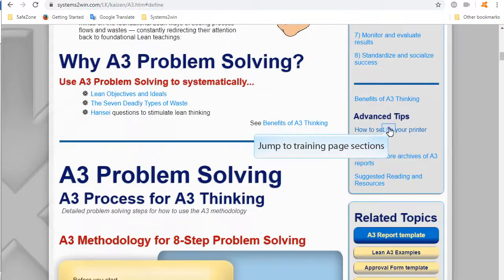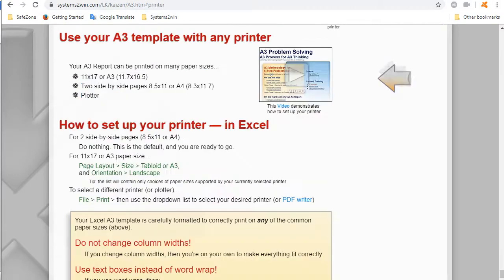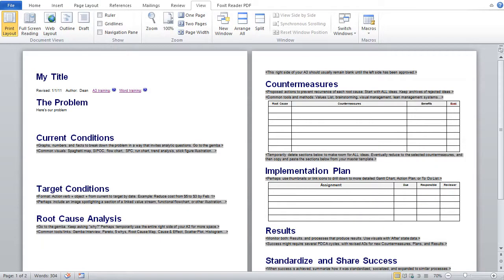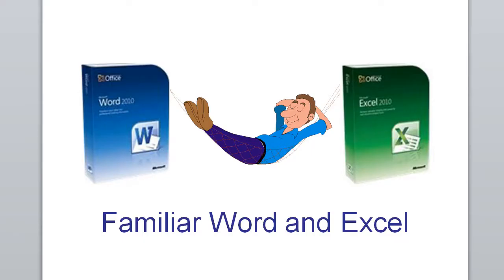And you can jump to the instructions for how to set up your printer that has its own training video to explain how your default A3 template comes pre-formatted to print on 2 sheets of 8.5 by 11 or A4 size paper. And if you have a printer capable of printing on either A3 or 11 by 17 paper, then it teaches you how to set up your printer to do it that way, using everything you know about familiar Microsoft Word.